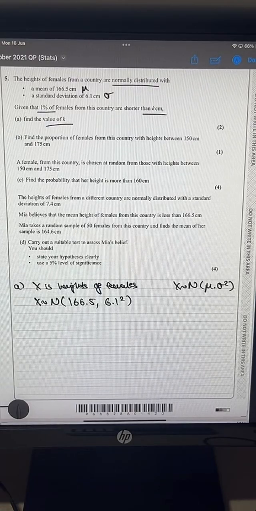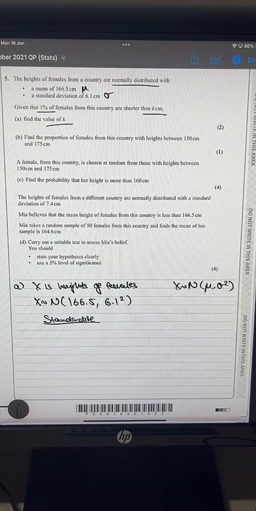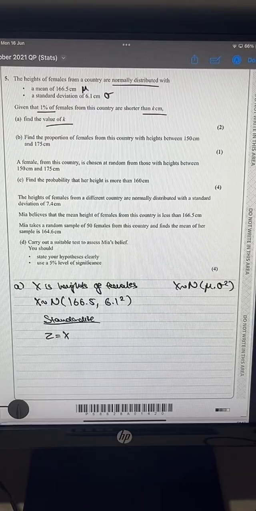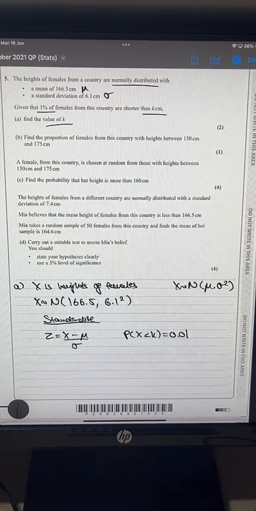So there are two ways I could do this. I could do this by standardizing, or I could do this by using the inverse normal. I'm going to show you both, just in case you need to standardize if you have a complete algebra question in your exam tomorrow. So standardize. The formula, which you need to memorize, is z is equal to x minus mu over sigma. So the probability that X is less than k is equal to 0.01, which they've told us in the